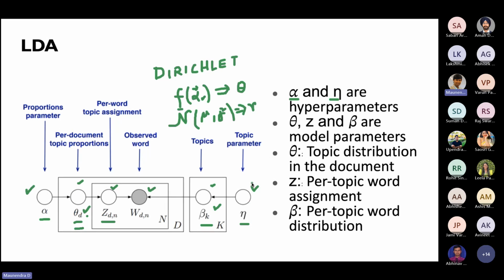Hyperparameters we need to specify, but the model will give us the values of theta d, zdn and beta k. So any topic modeling algorithm needs only one thing as an input, this W, and it will output this theta d and beta k. Remember this zdn, typically it is not output. It's actually very large, so it is not output. At the end of the algorithm, it will return the learned parameters theta d, which is the topic distribution